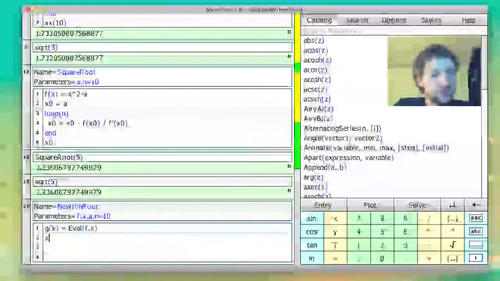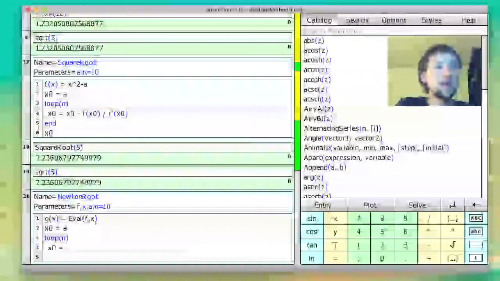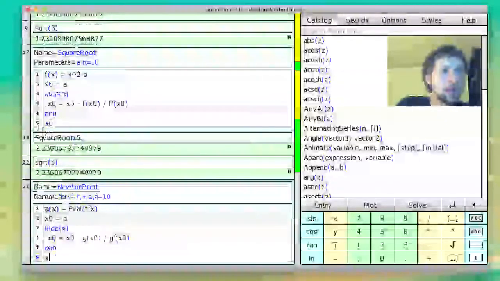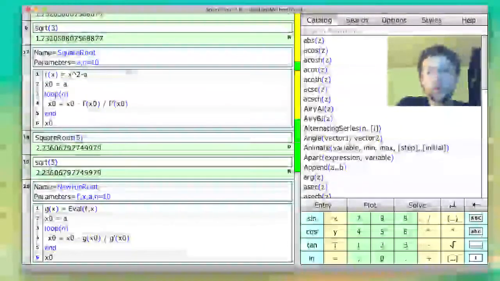So let's let our initial condition be given by a, and then we'll loop through this n times, and we're going to have x0 is equal to x0 minus g of x0 divided by g prime of x0. And we have end, return x0,